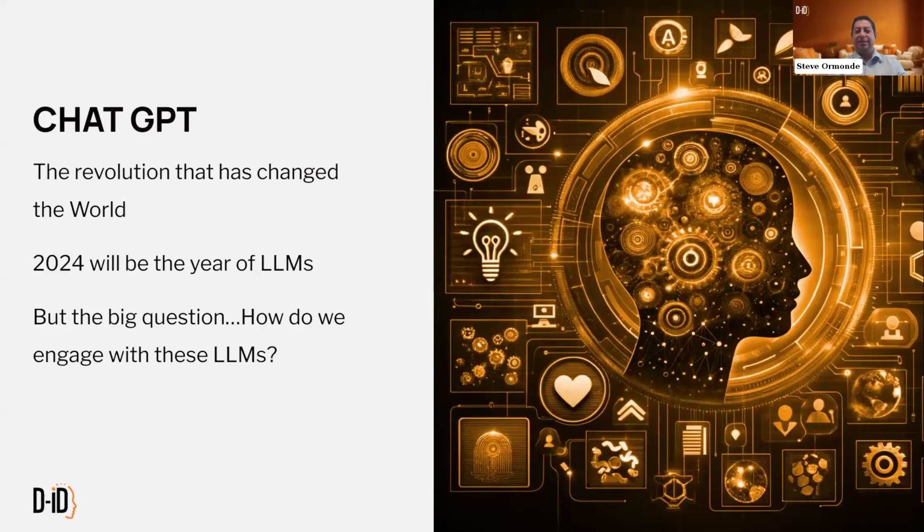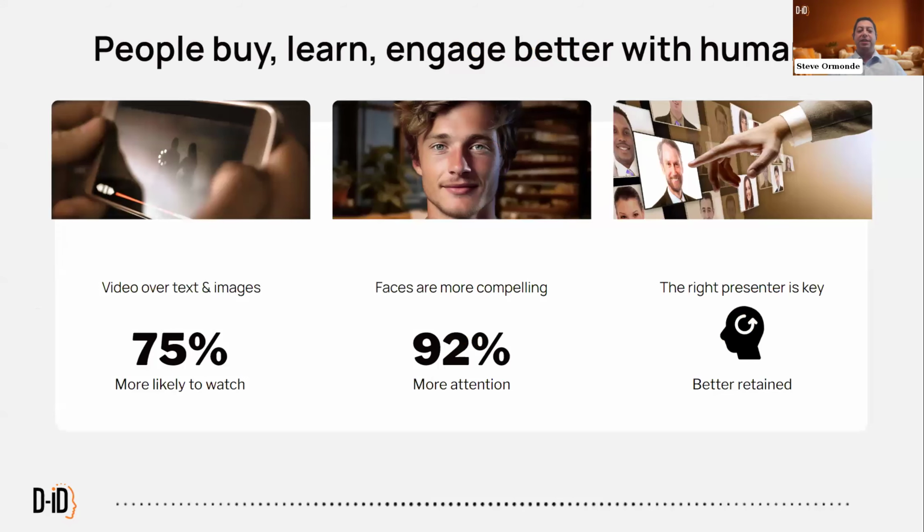Next slide. All right, so it started really with the launch of ChatGPT. It changed the world. It was a revolution. This revolution's still going on. And we see that 2024 will be the year that we see large corporations, large businesses actually launch their LLMs in various different use cases. So the question is, how do they differentiate their LLMs, and how are their customers going to actually engage with